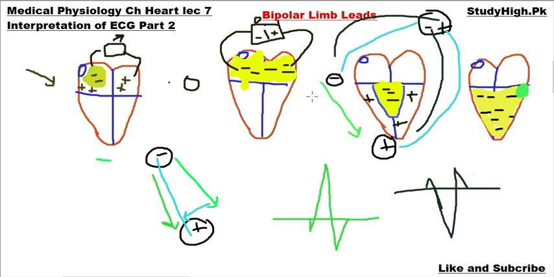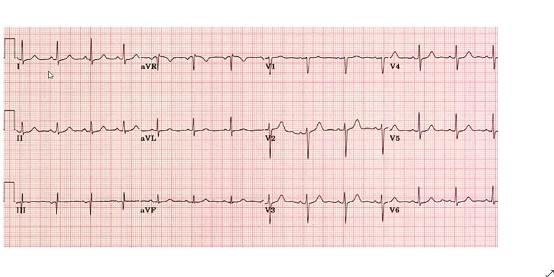That's why when lead 1 is showing a voltage value, here is the peak of the value. It may be less than V1 or V2, because V1 and V2 are directly placed over the heart, whereas lead 1 is placed on the limbs. If lead 2 is recording less, this is an abnormal ECG. In a normal ECG, lead 2 records the maximum voltage because it is in the direction of the QRS vector.